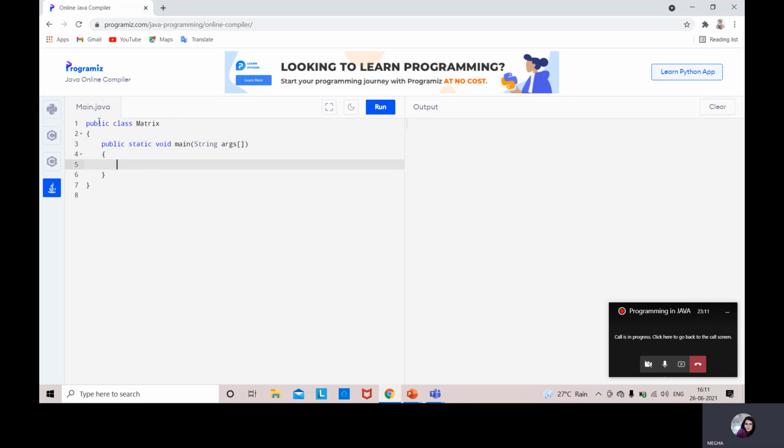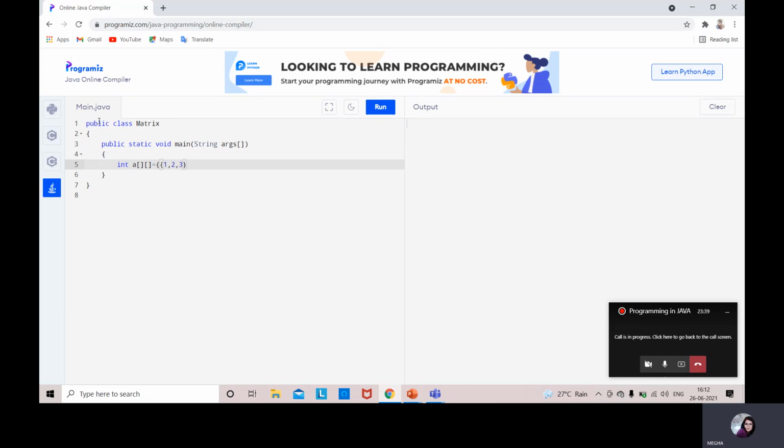Inside the main function, the body of it, let us take two matrices. Initializing this is A equal to, here in the first row I'd like to have the values 1, 2 and 3.